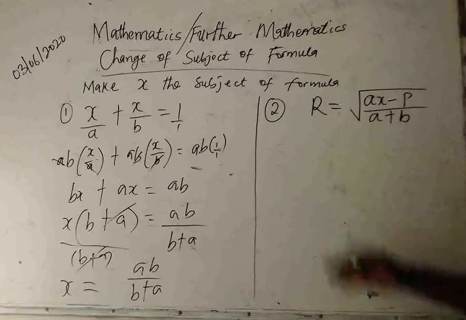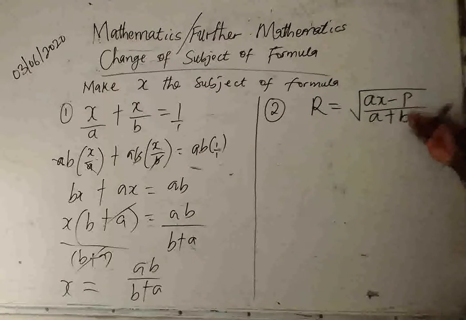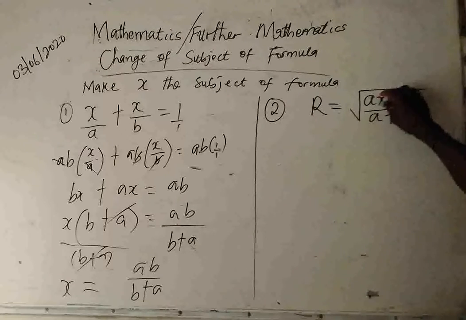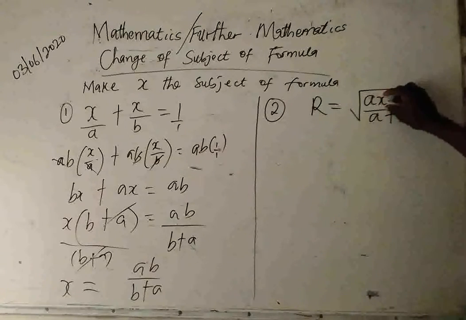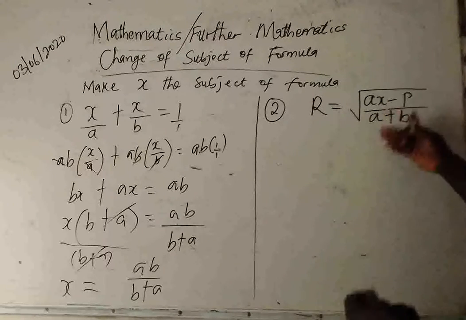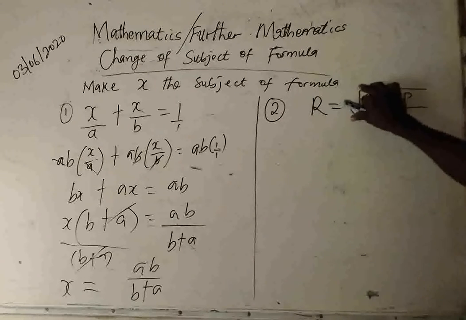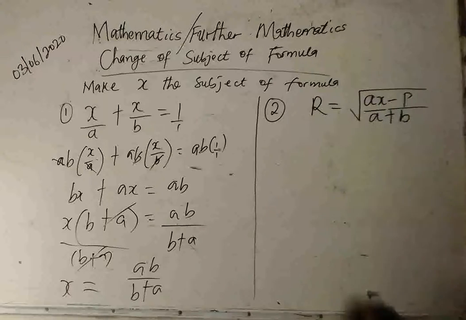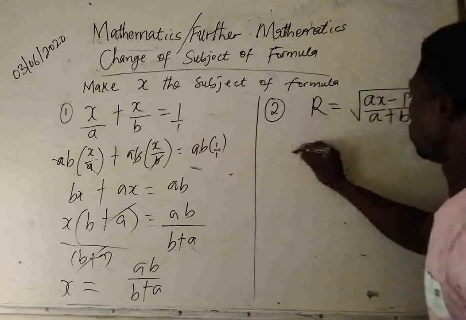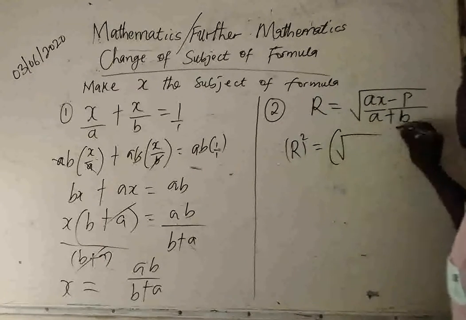Then come to number 2. We have r is equal to the square root of ax minus p over a plus b. We are required to make x the subject of the formula, and we notice that our x is in a square root. So according to the steps outlined there, anything like this, all we need to do to move out this thing outside the square root sign is to square both sides of the equation. And squaring both sides of the equation, we have the square of r equal to the square of